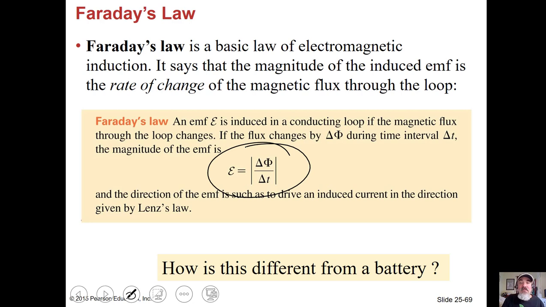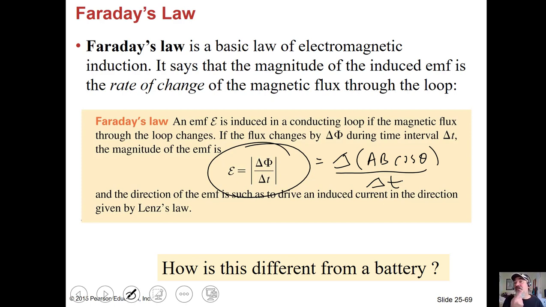So this induced EMF is the changing magnetic flux divided by the amount of time. A more useful way of looking at this is that something has to change: either A, B, or the angle between A and B has to change in the amount of time. They don't all three have to change, just one of them, and you'll induce an EMF that goes